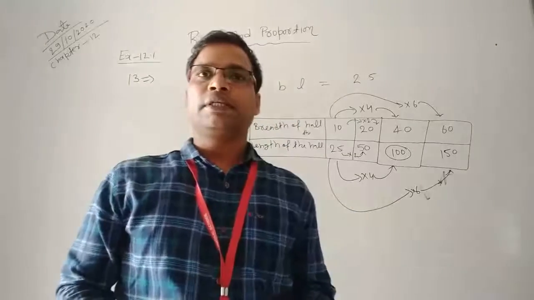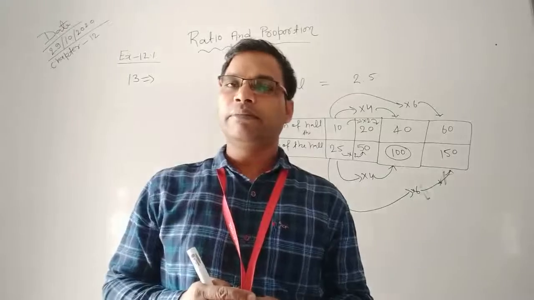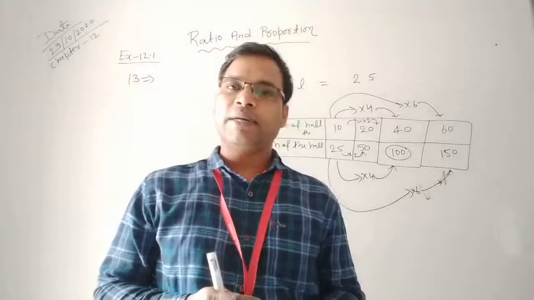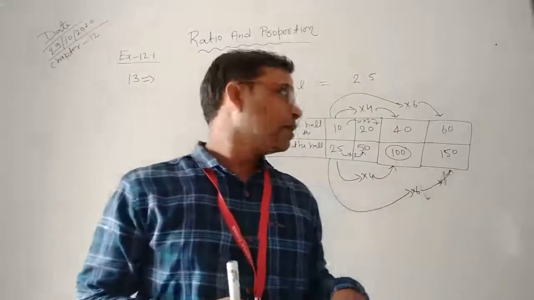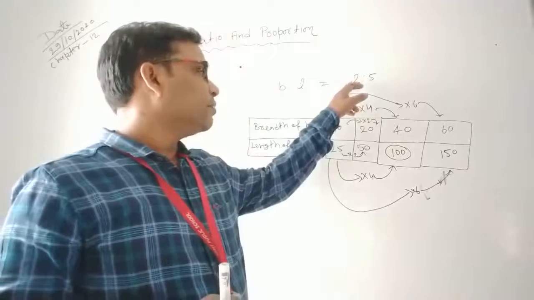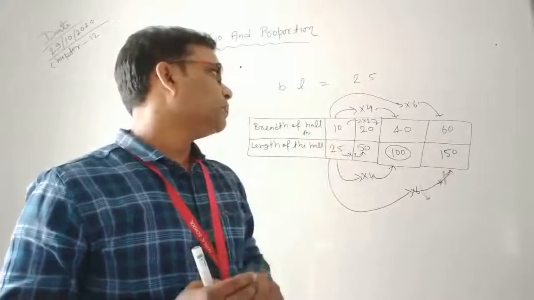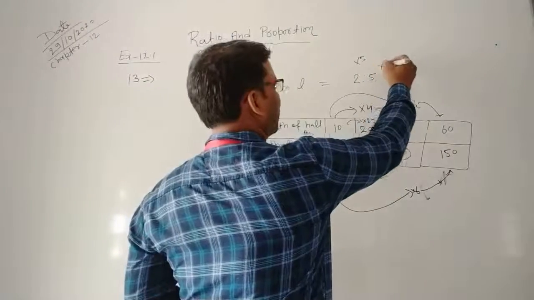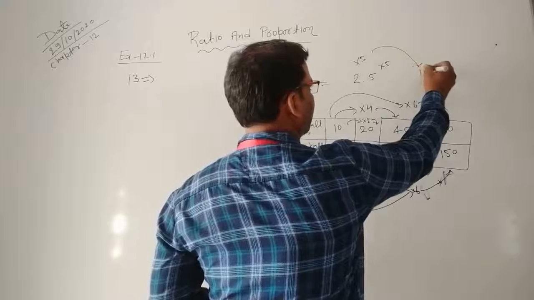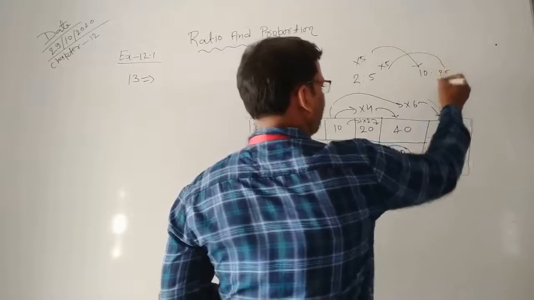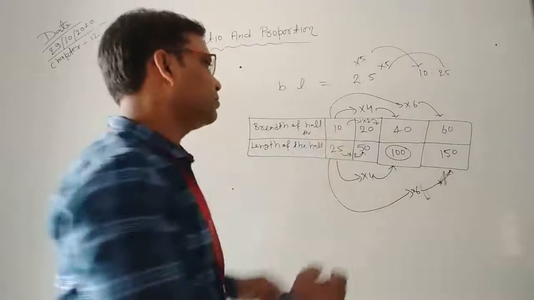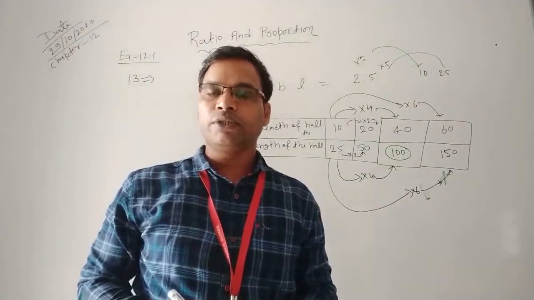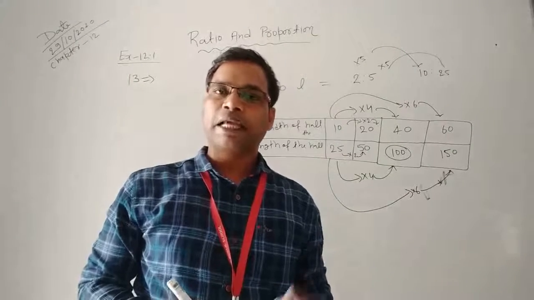In these questions, the length and the breadth of the hull are given in the form of a ratio. The ratio of breadth to length of the hull is 2:5. If you multiply both 2 and 5 by 5, then you obtain 10 and 25. This is clear. So this becomes this. I hope all of you understood how to complete these tables.